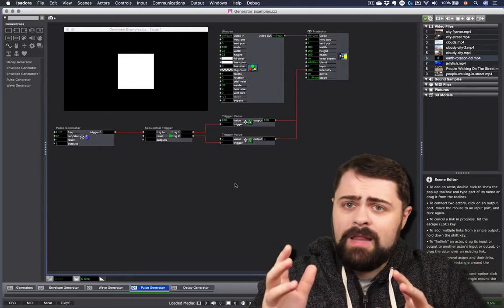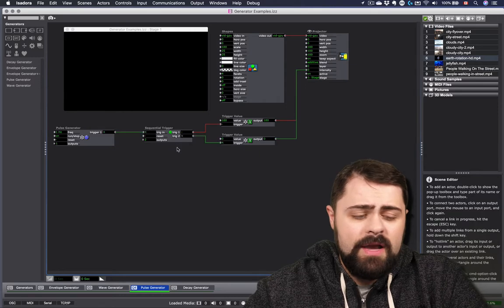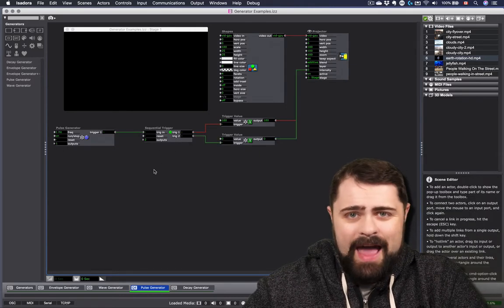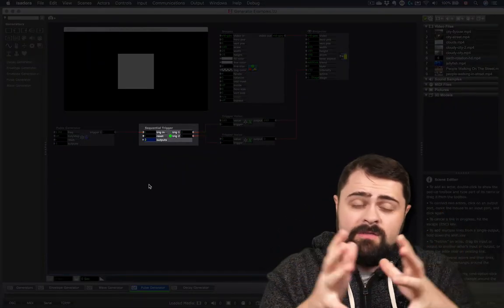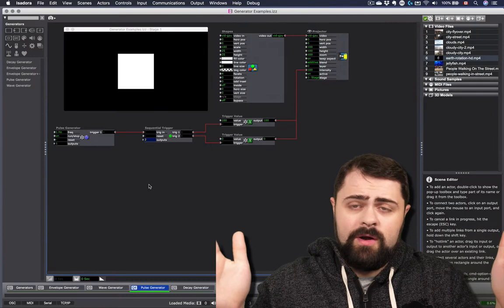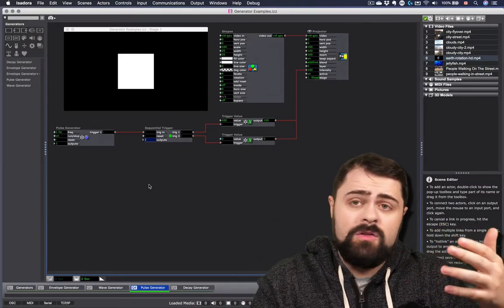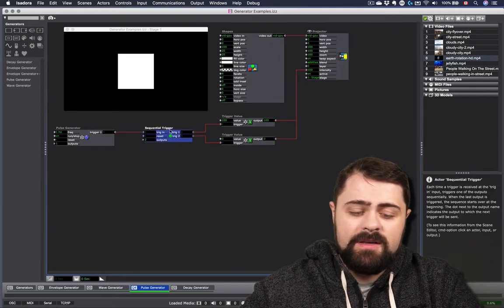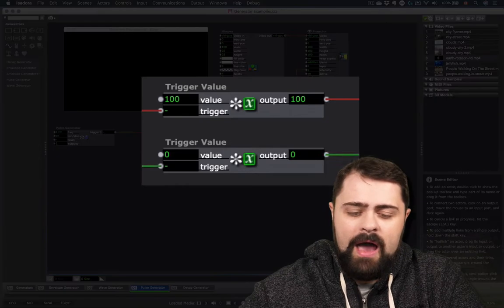In this example patch, I have created a pulse generator plugged into a sequential trigger actor. The sequential trigger allows us to create subsequent triggers, effectively breaking apart the pulse generator and triggering several events in sequence according to the pulse generator. In this specific case, I've connected my sequential triggers to an actor called the trigger value actor.